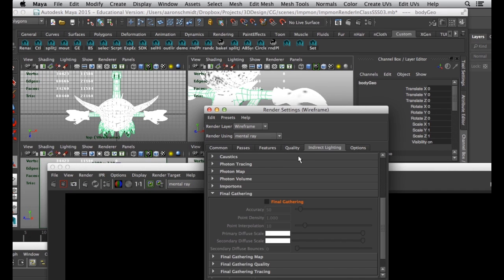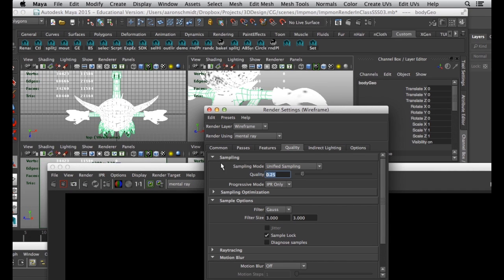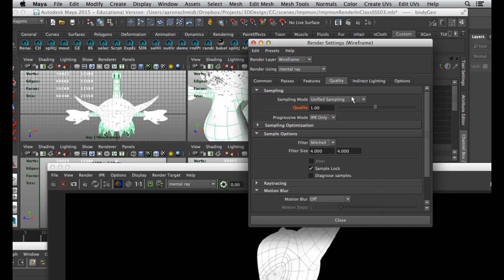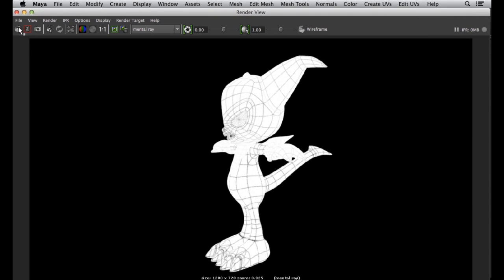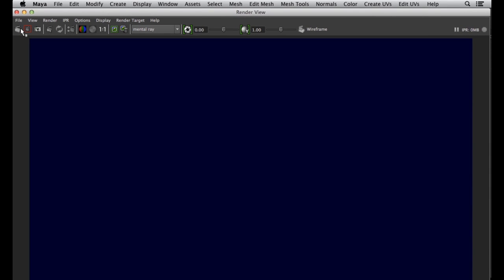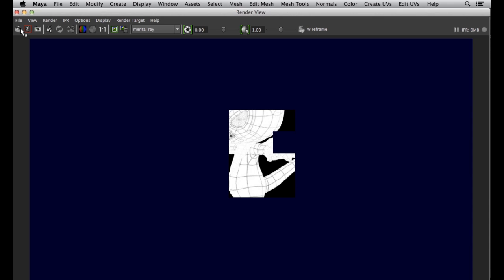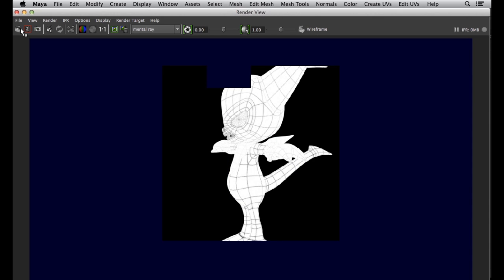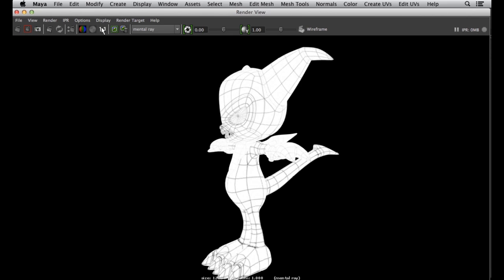Let's go to our render settings, quality, and let's move the quality up with a create layer override. Let's do it 1, and let's change from Gaussian to Mitchell. Let's render this out and see what that looks like. Okay, and so we have the wireframe right here. If we want to make this darker, we can go through,